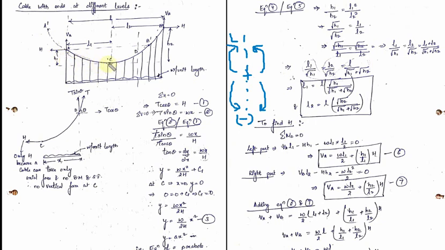The second force is H. H will produce an anti-clockwise bending moment about the C point, and if the left movement is anti-clockwise, the bending moment is negative. So minus H, and the perpendicular distance of the line of action of capital H from the C point is small h1. So minus H into h1.